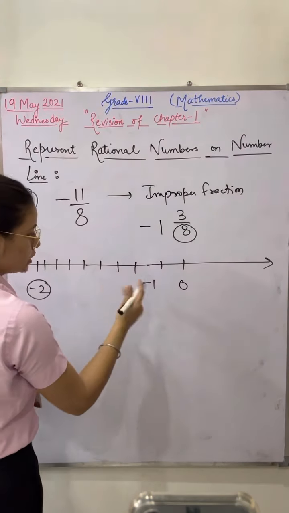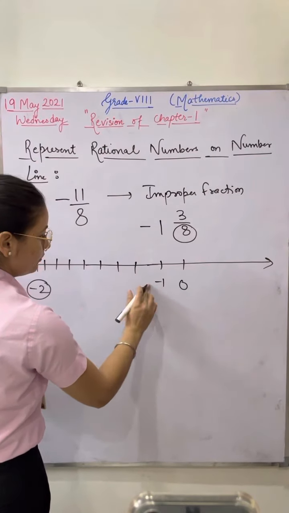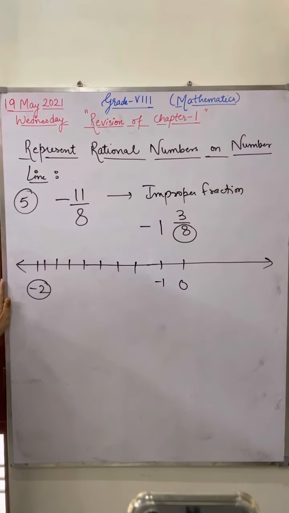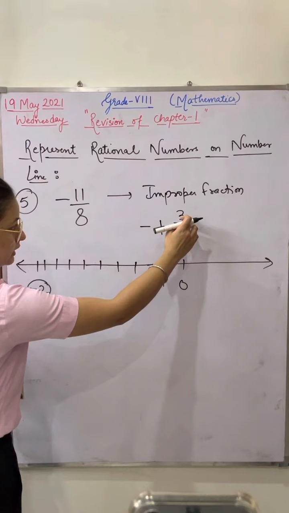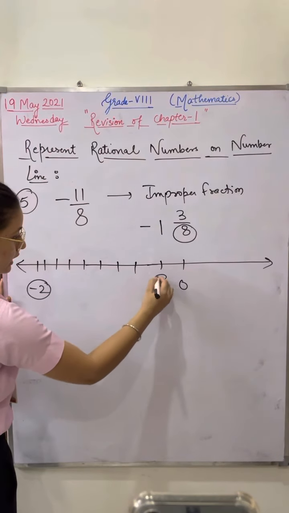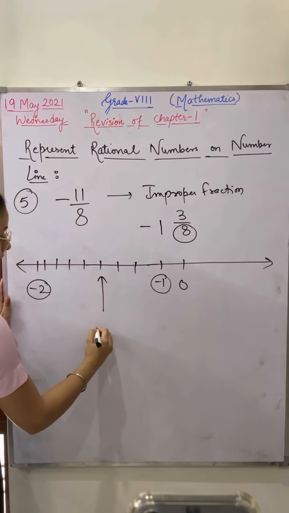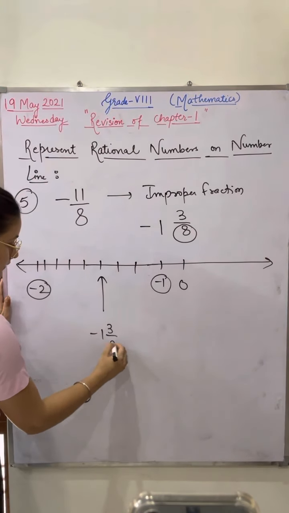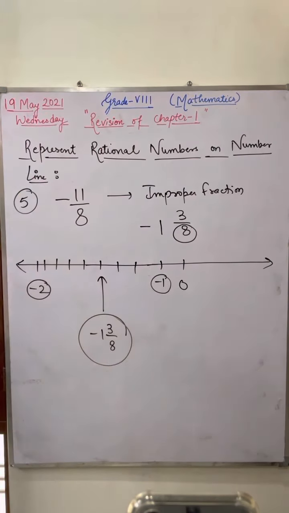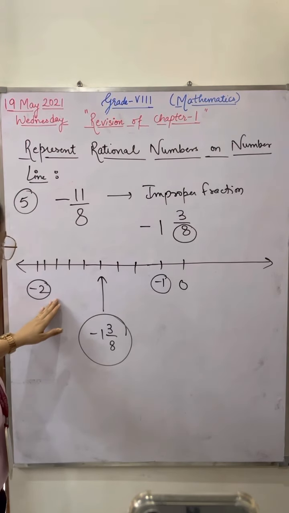Now, which position is your answer? Ma'am, after leaving 3 numbers. 3 is not the position. This is first, this is second, this is third. This third position is your answer. Any doubt, everyone? Ma'am, we can do by this method also. We will take 0 to -1, then convert it into partitions and make 4 partitions. 4 partitions, why?